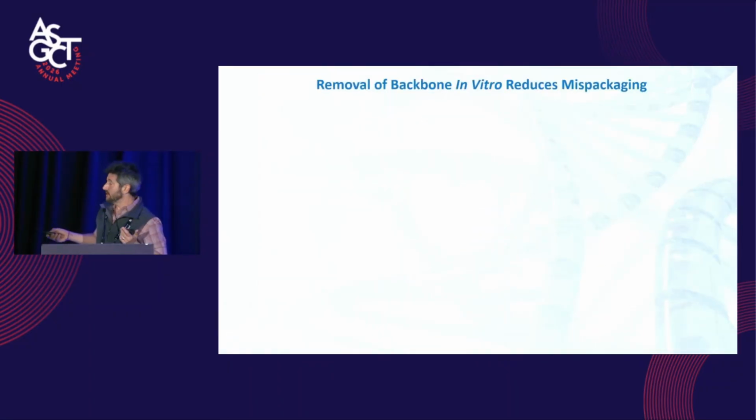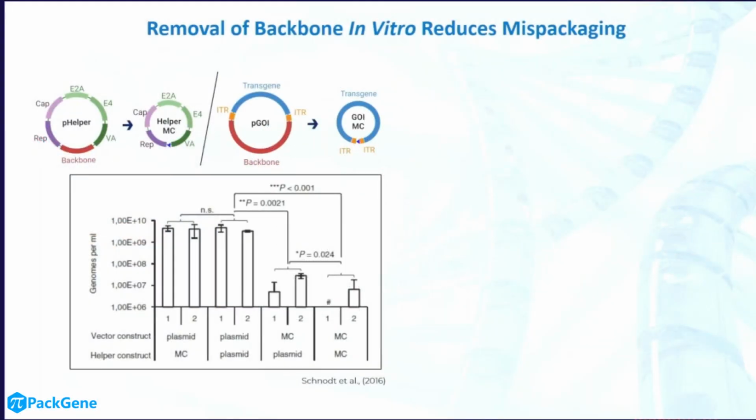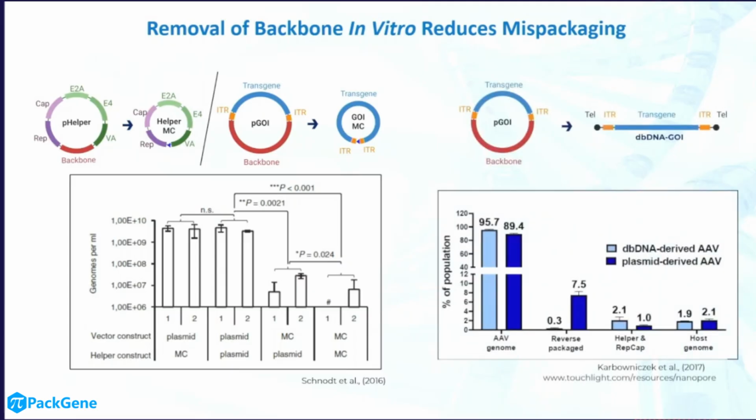All right, so it's been known in the field for a decade now that if we excise out the backbone before our transfection, it doesn't end up in the capsid. That makes a lot of sense. Whether we do that in the bacterial preps beforehand or in vitro, if we put recognition sites flanking the ITRs and we recombine out or excise out the backbone, we have a much, much lower chance of having that backbone